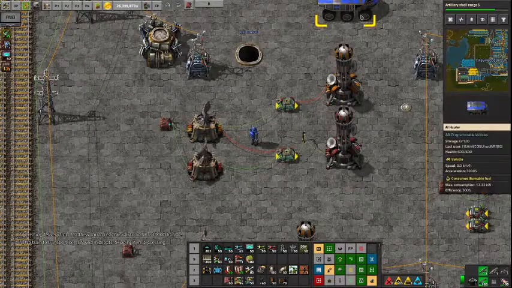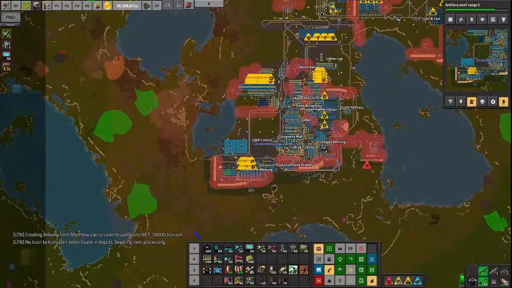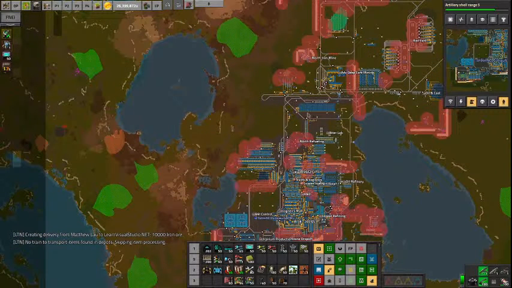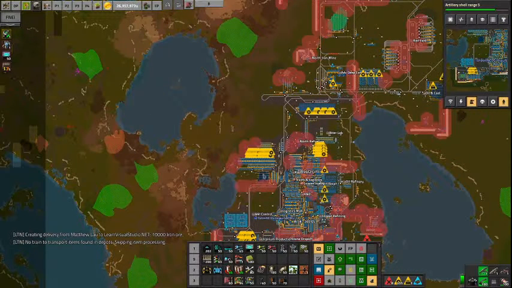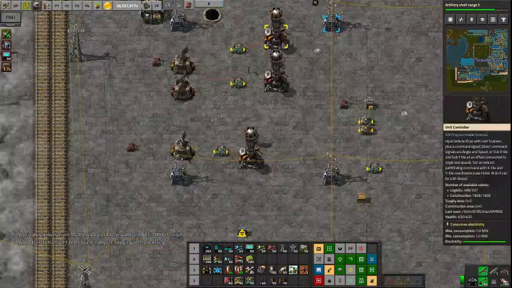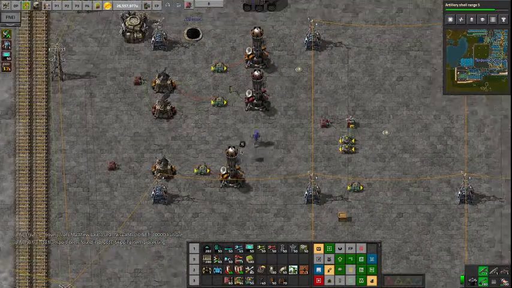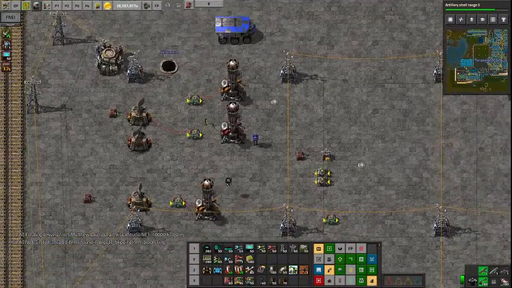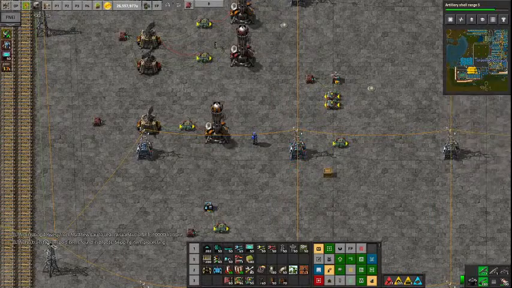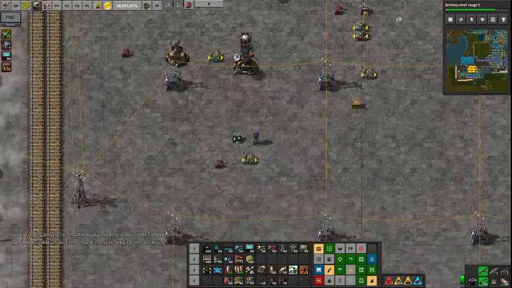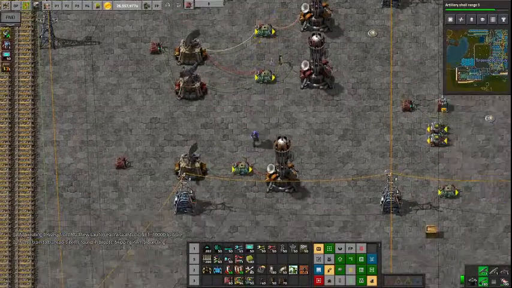Now, if you wanted to move this thing, say you wanted to automate where you want it to go, granted you can of course use a path controller to set up a set of waypoints for this thing to go in a circuit, or to go from one point to another as a one-way, or just go in a loop. You could do that. However, if you want to do something more advanced, or something based upon calculations, this can turn into a rat's nest real quick of using decider and arithmetic combinators. So what you can do with this guy instead,